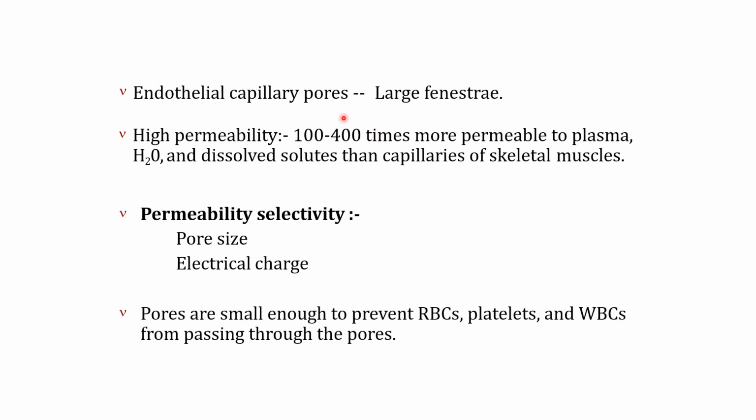So the endothelial capillary pores are large fenestrae, and that is having high permeability, 100 to 400 times more permeable to plasma, water and dissolved solids than capillaries of skeletal muscles. And the permeability selectivity depends on pore size and electrical charge. Pores are small enough to prevent RBCs, platelets and WBCs from passing through. So the pores are very small so that they can prevent the RBCs, that is cell elements, from passing through